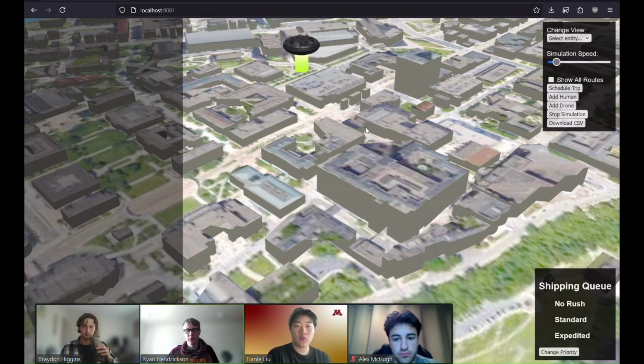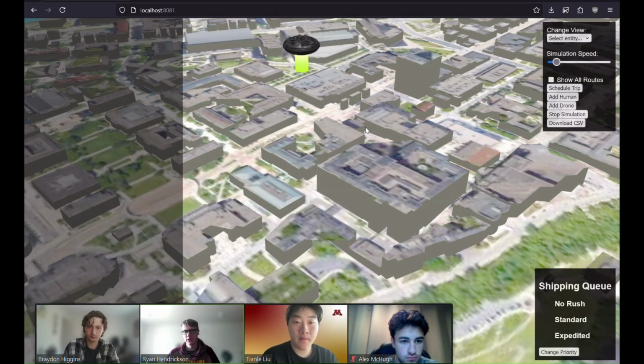I'm Ryan. I did the weather control portion of this project, which manages the wind in the simulation and pushes the drones around based on the current wind vector. And I implemented this via a singleton class. So there is one weather control instance at all times